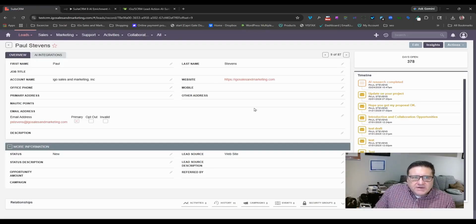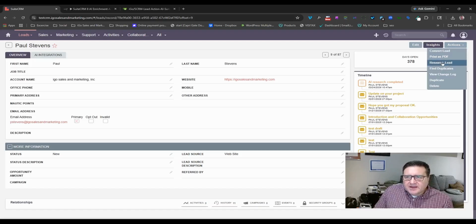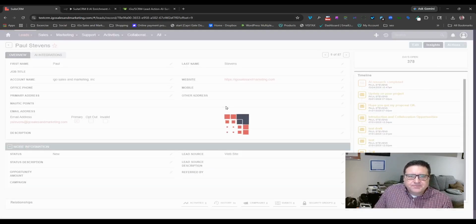Okay, so what does this look like? Basically, I go to actions and I research the lead. And you'll see it takes a few seconds. I could probably speed that up if I returned the values and then had the SuiteCRM backend update the record. But for my purposes today and just demonstrating that the button works,